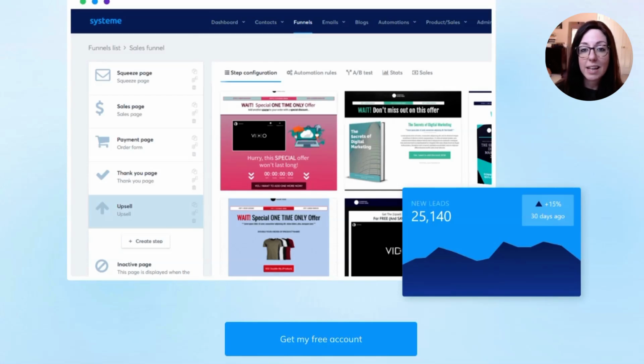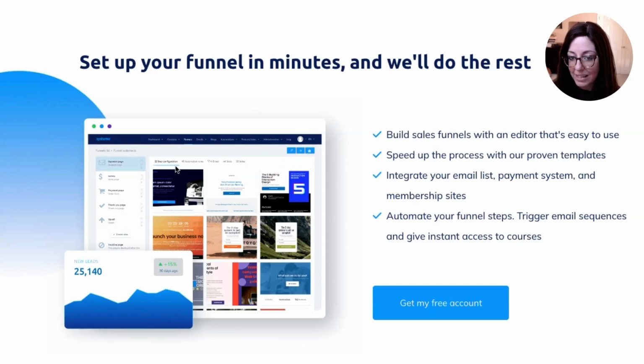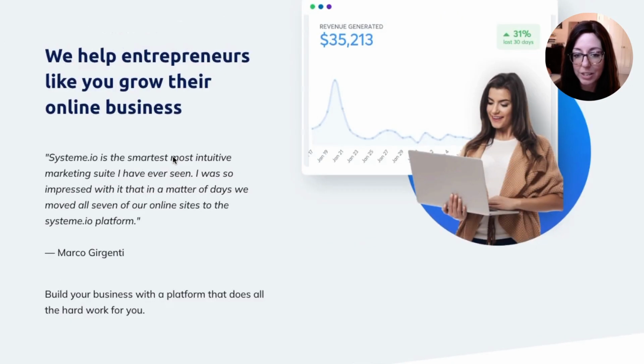Now, systemeio offers everything you need to build beautiful and really effective sales funnels, which are essential for converting visitors into customers. You can create these various types of funnels within System, and you see an example here of a sales funnel with a squeeze page, a sales page, payment page, thank you page, upsell page, and these are all templates that are built directly into System without you having to go anywhere to find these templates. They're here for you, which is really, really great, which means that you can create these various types of funnels without needing super complex technical know-how. And you see that there's a lot of different ways that you can get these funnels up in just a couple of minutes,